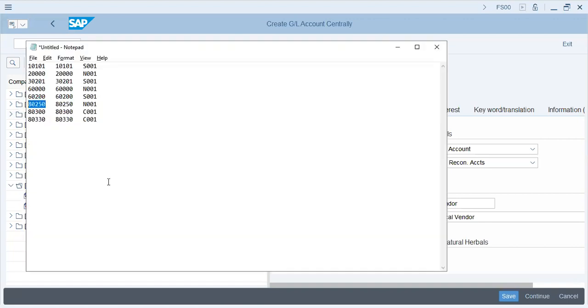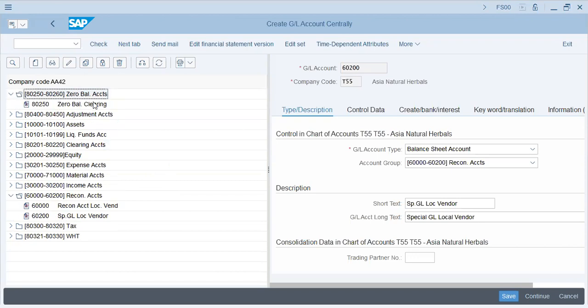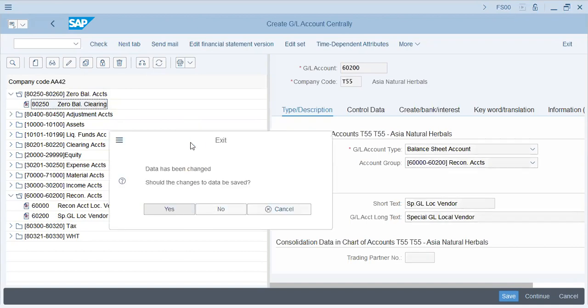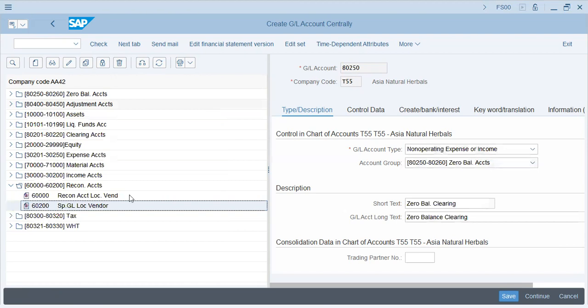80250. 8080. 80250 zero balance account. Double click. Now what is zero balance? What is zero balance clearing account? This I will tell you later. But first let's complete our